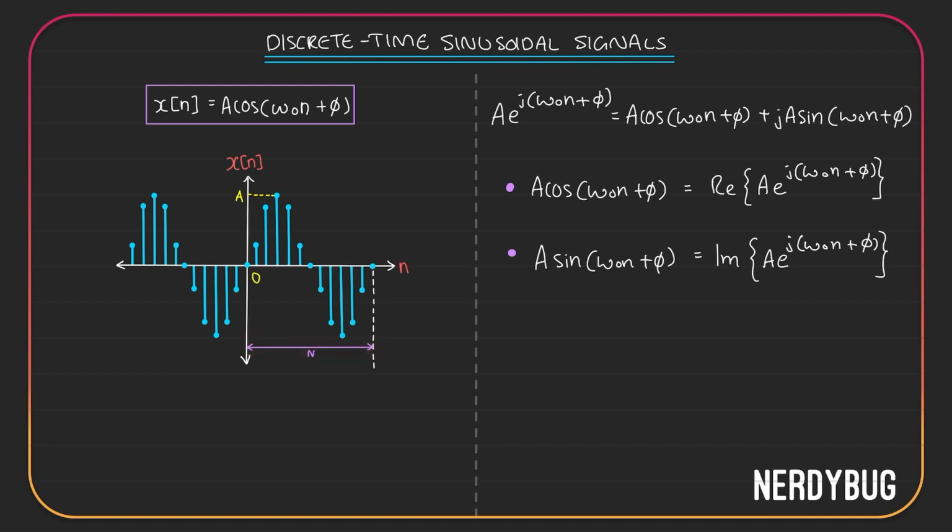Earlier, if you remember, when we were discussing continuous time sinusoidal signals, I had shown the time period there also, and I wrote T is 2 pi by omega. Here, the number of samples after which the signal repeats, I'm calling it N. The question is, can I write N is 2 pi by omega here also, since omega naught is the angular frequency for this sequence as well? Let this be a question. We'll do some examples, then come back and finalize our decision.